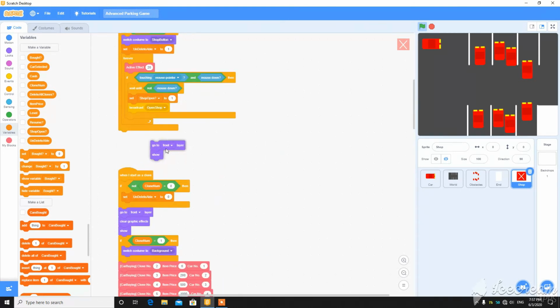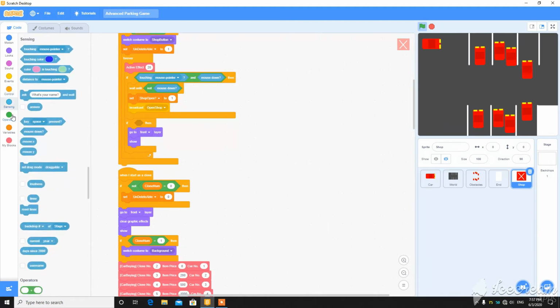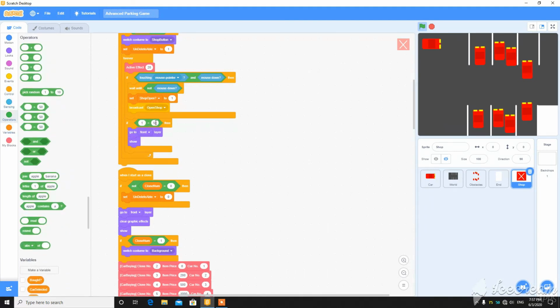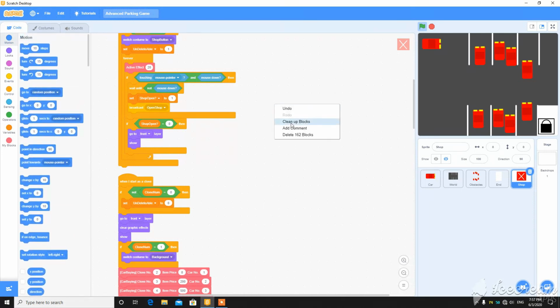How this would help is, if put here forever if shop open equal to 0, then go to front layer and show. This will keep it always on the top layer.